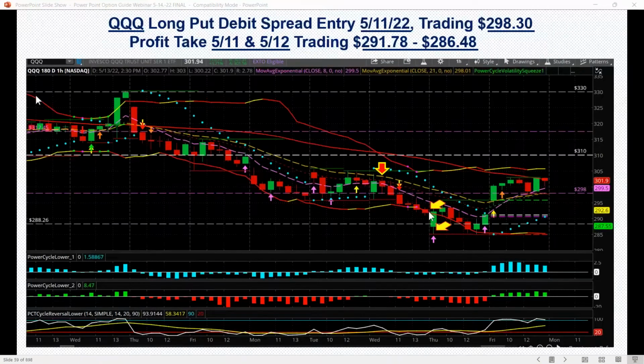Now it flushed down and was trading down here to trading at 291.78 right here. So we converted it to a butterfly when it moved down. This was all the same day. So originally had a put debit spread, had a big, huge flush down, allowed us then to adjust it to a butterfly, reduce our risk, and stay with the trade longer for potentially even more money return on our capital